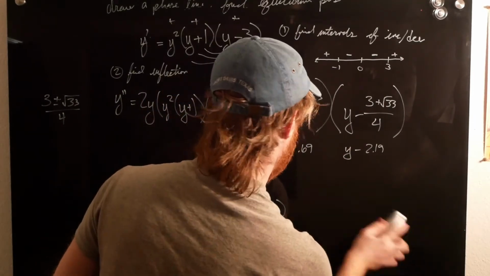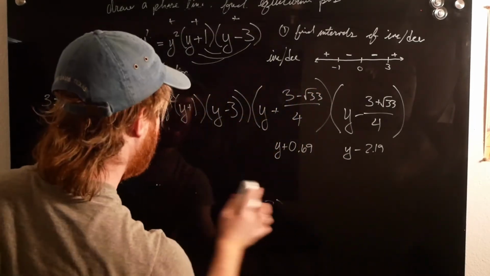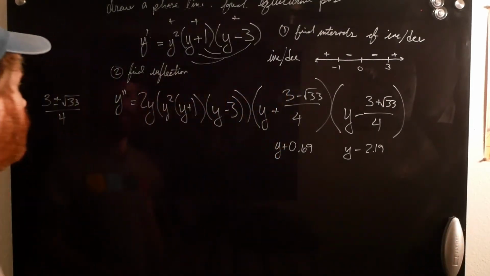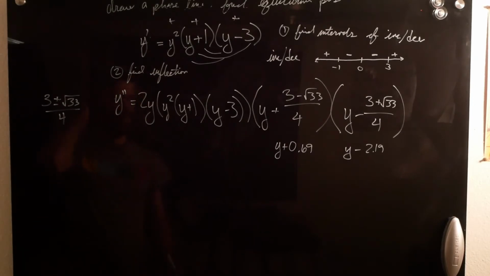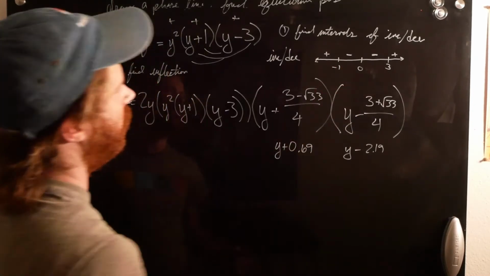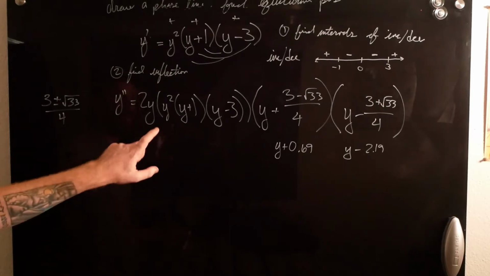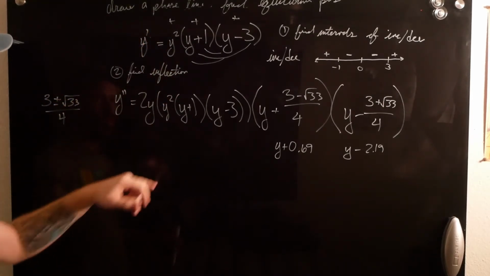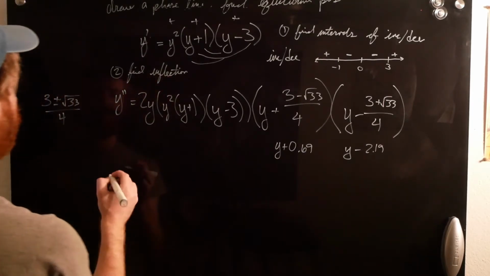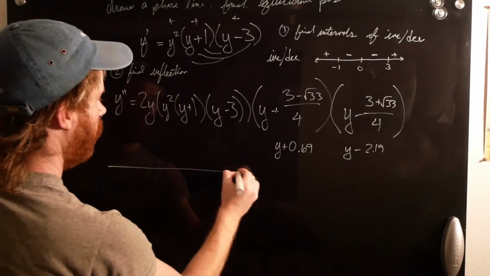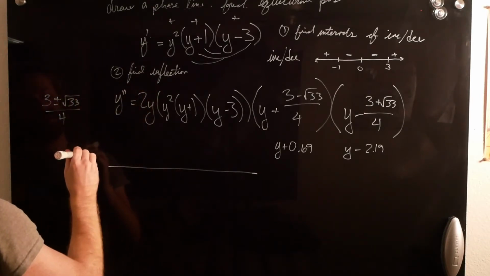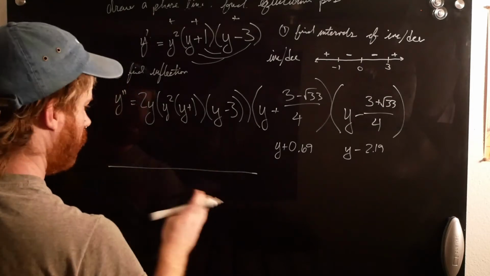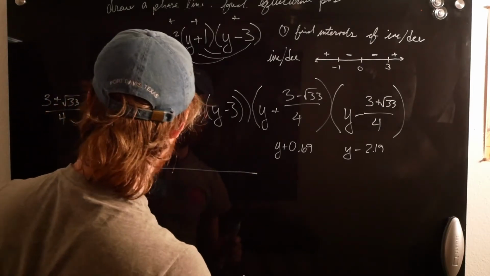So since I've rewritten that, I can now do an inflection points test. In order to do this, I'm going to do the same thing I did here to see if it was increasing or decreasing. I'm just going to use this equation instead of the original one, which, granted, there's the original one in here, but there's more information we need from this. So I'm going to draw this long. Give me a second, I gotta get this pen working again. Okay. I'm going to draw this long number line